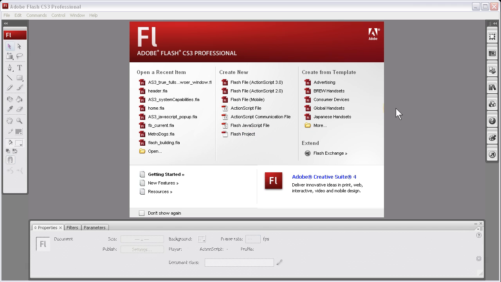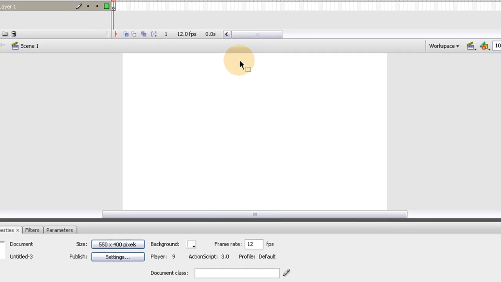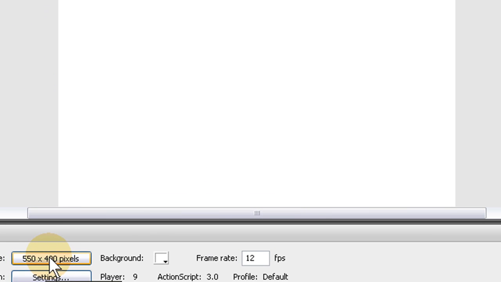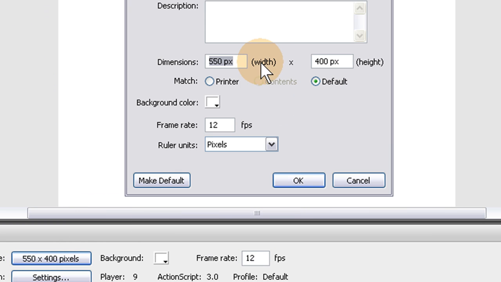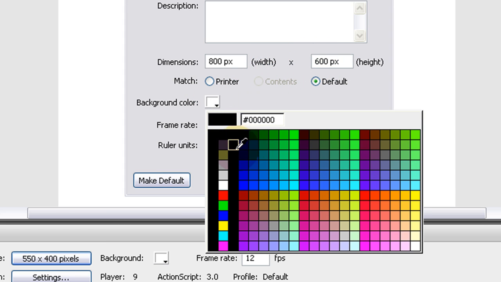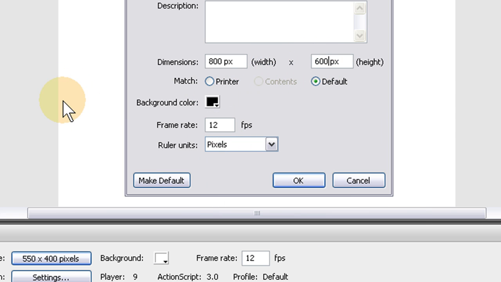Okay, let's get right to it. I'm working in Flash CS3, but you can be in Flash CS4. I'm going to create a new ActionScript 3 project. And now let's go down to the size, click that, and make it what I think would be the smallest monitors people would be using on old systems that would be viewing my site. So I'm setting it to 800 by 600,